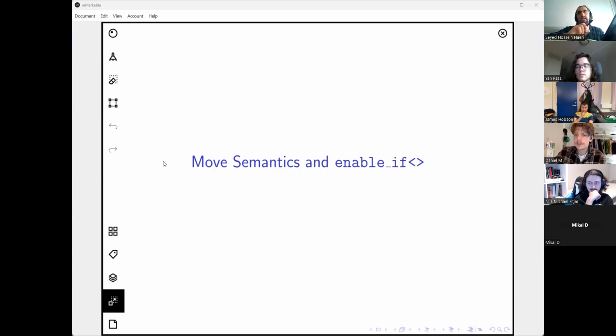It's a nice thing to know of, but it's not something you need for this module. And that's move semantics. So move semantics is the one that I'm going to only briefly allude to. Then we'll have a few things about enable_if, which is such a syntactic noise, but you need to know about it.